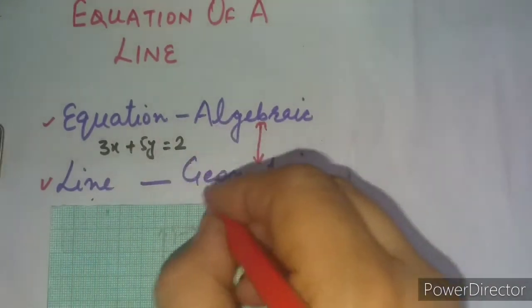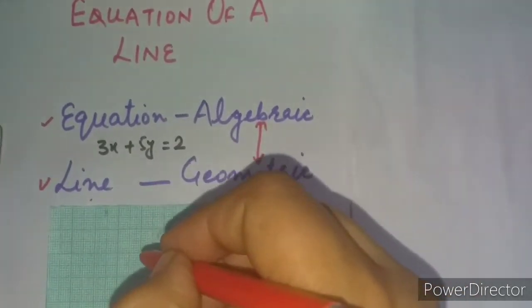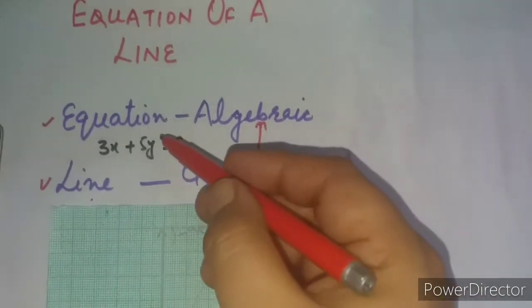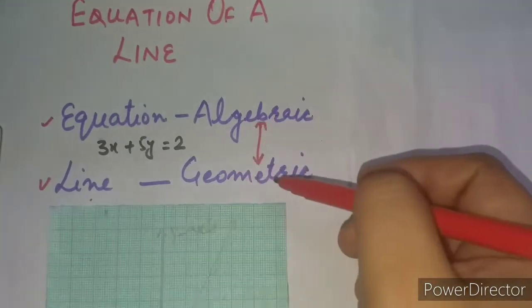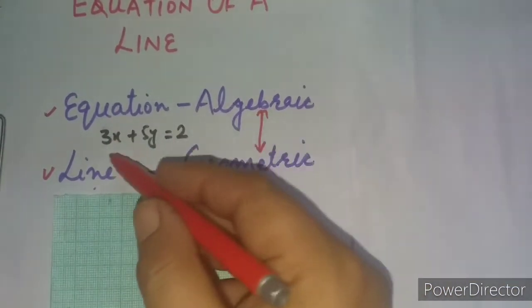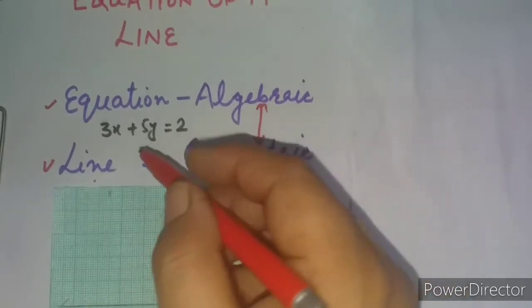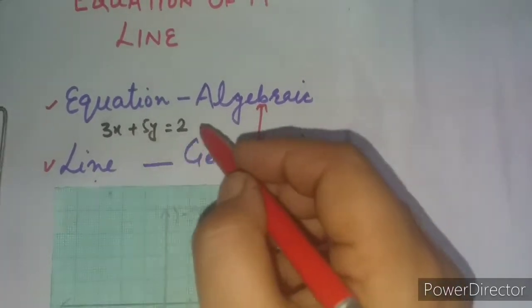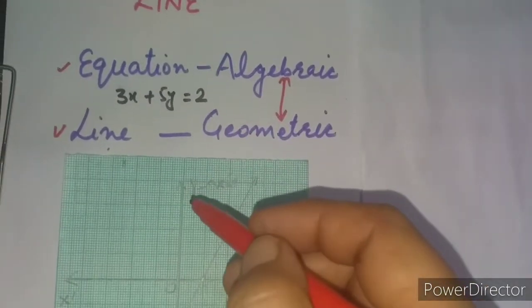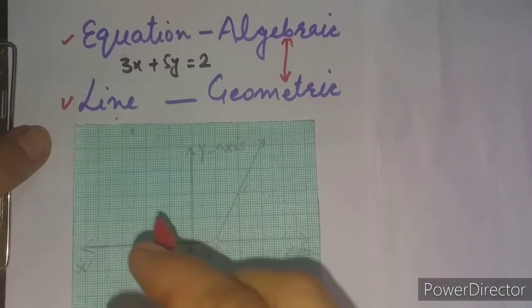And the things which I am going to explain now are going to become the backbone of this very interesting chapter, right? So let us try to understand. First of all, equation and a line, algebra with geometry. If you remember your previous classes, whenever such linear equations were given to you in your class 8th or 7th, then for every such equation you were able to draw a graph like this. And what was the method?